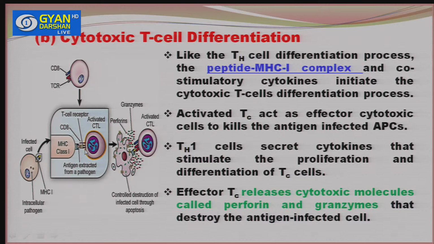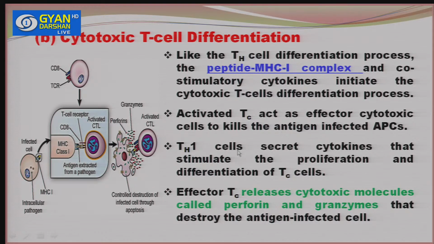Here the MHC class I complexes are recognized by the T cell receptors. Here are the T cell receptors; they have the CD8 positive cell recognizing the MHC molecules. They will recognize it, and ultimately the T cell differentiation will take place. The activated T cell acts as an effector cytotoxic cell to kill the antigen-infected APCs,